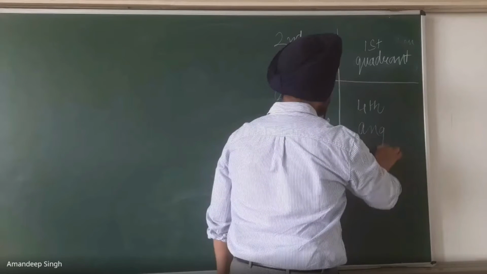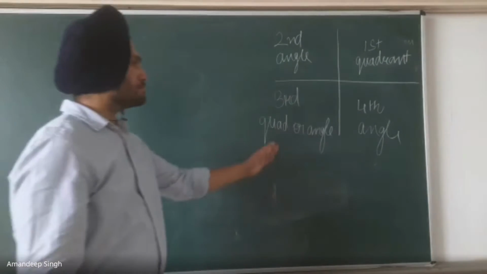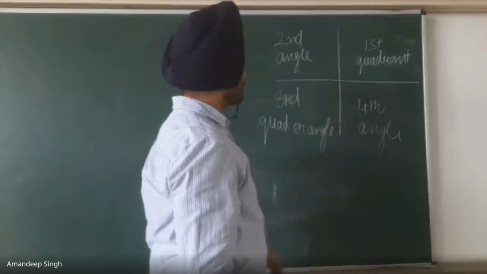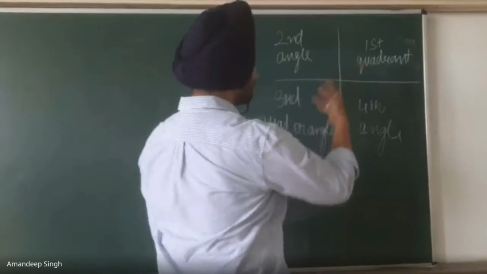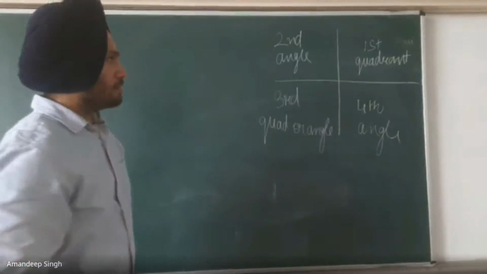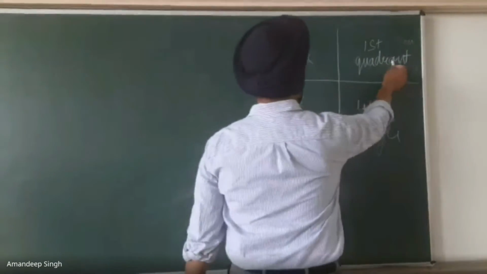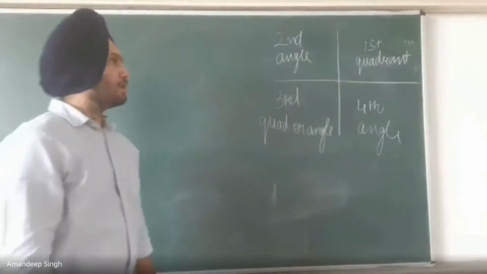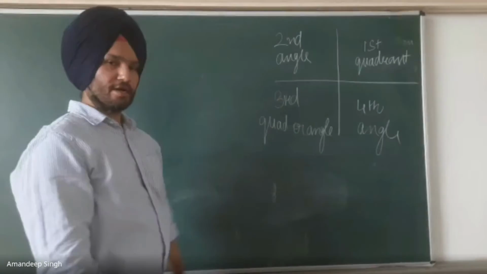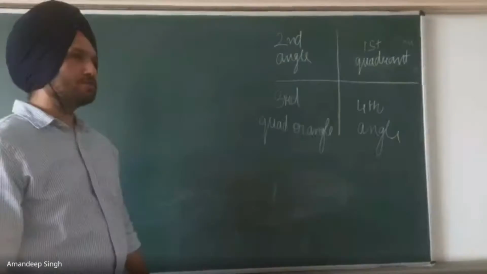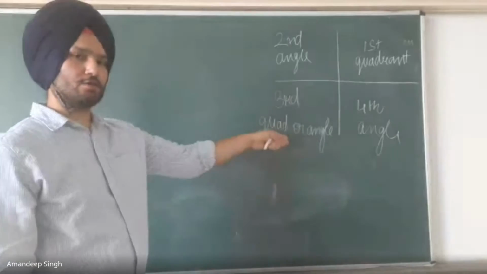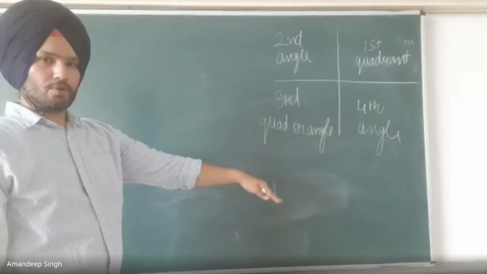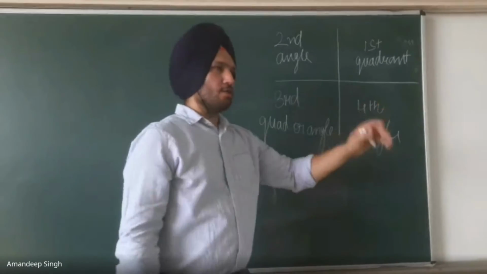I have used different names in each and every quadrant. It means it is the same language we can use anywhere. So the first quadrant is either first quadrant or first angle of projections. It can also be called the second angle or second angle of projections, the third angle or third quadrant projections, the fourth angle or the fourth quadrant projections.